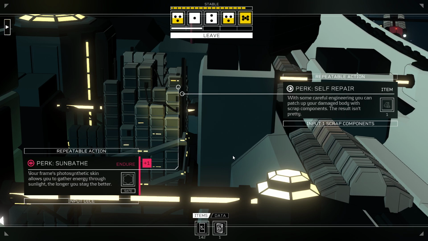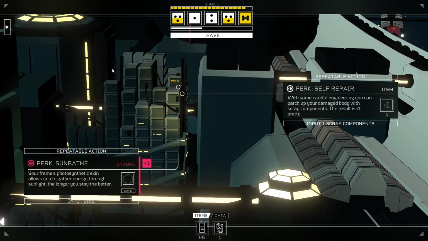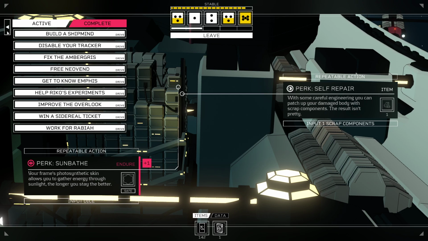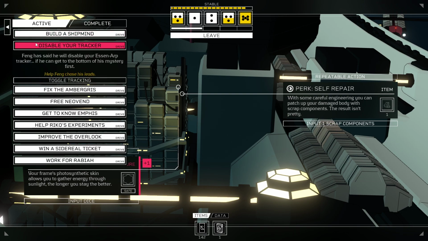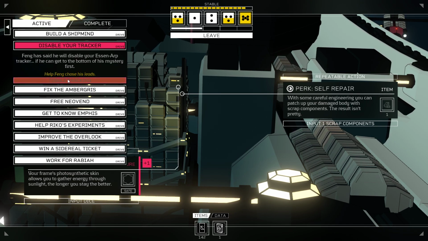Okay, next cycle. And I lost some perks here. I'm sure I have more. These are the quests I've got at the moment. Build a ship mine, disable your tracker. Actually,